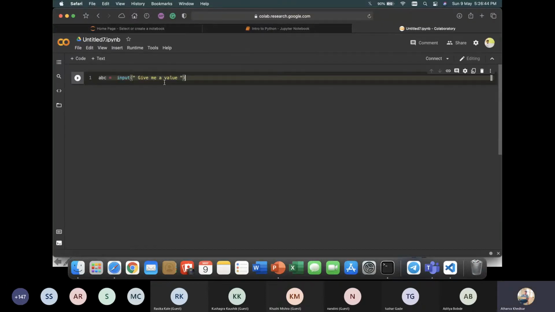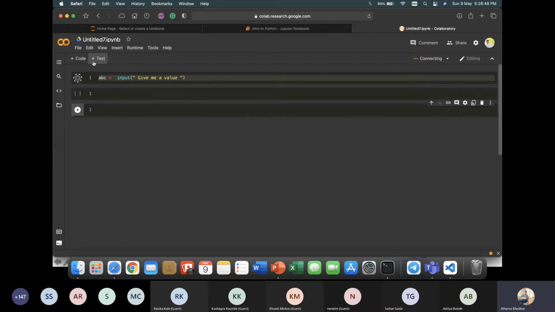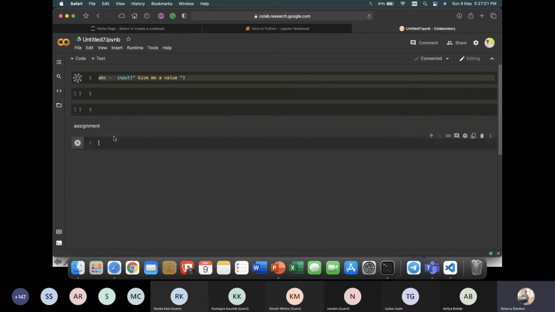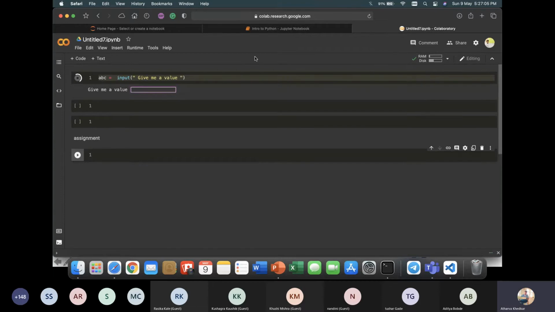Okay, so the same thing happens. Shift plus enter is the shortcut for running these things, and you can insert your code cells and text cells. This text would be in Markdown language. You can just Google what it is. You can write whatever you want to give notes, like assignment, let's say, and you can just press shift enter. So it's just running it. You will get a cloud instance, and you can run it like here as well.